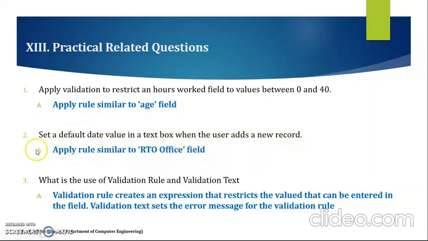And what is the validation rule and the validation text? The validation rule creates an expression that restricts the value that can be entered in the field, and the validation text sets the error message for that validation rule. So I hope your concept regarding the validation rule and the validation